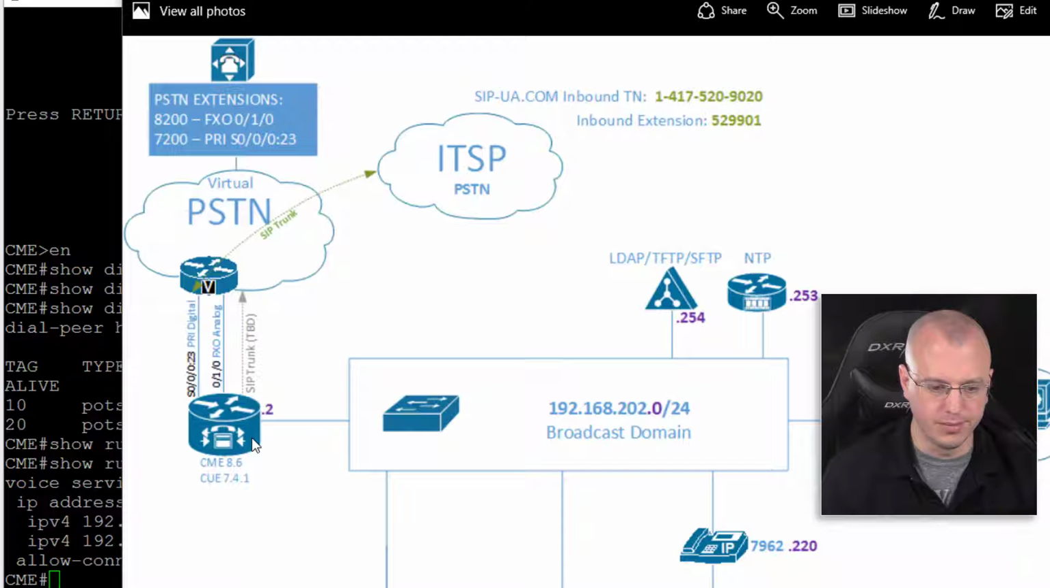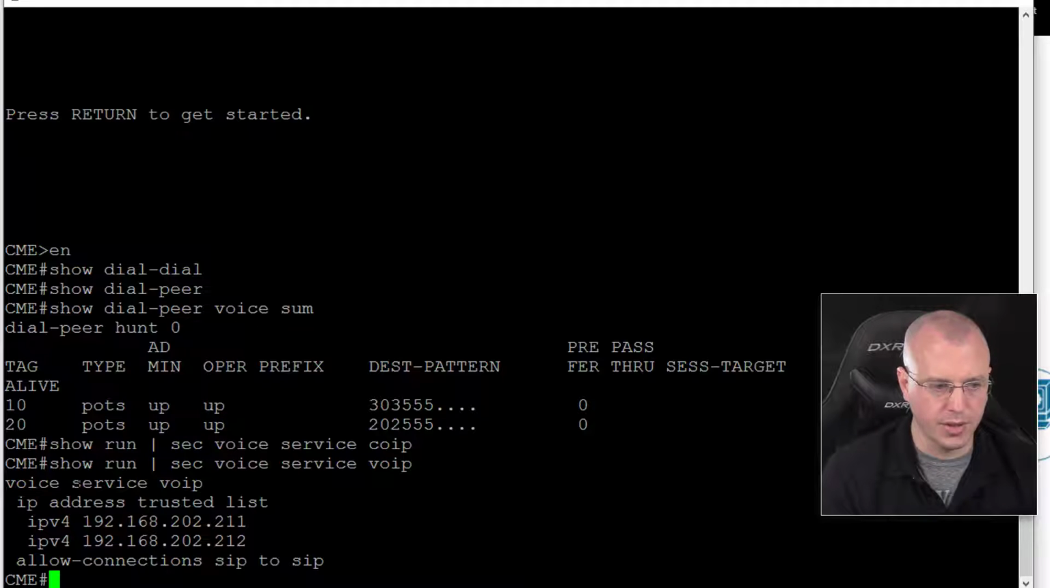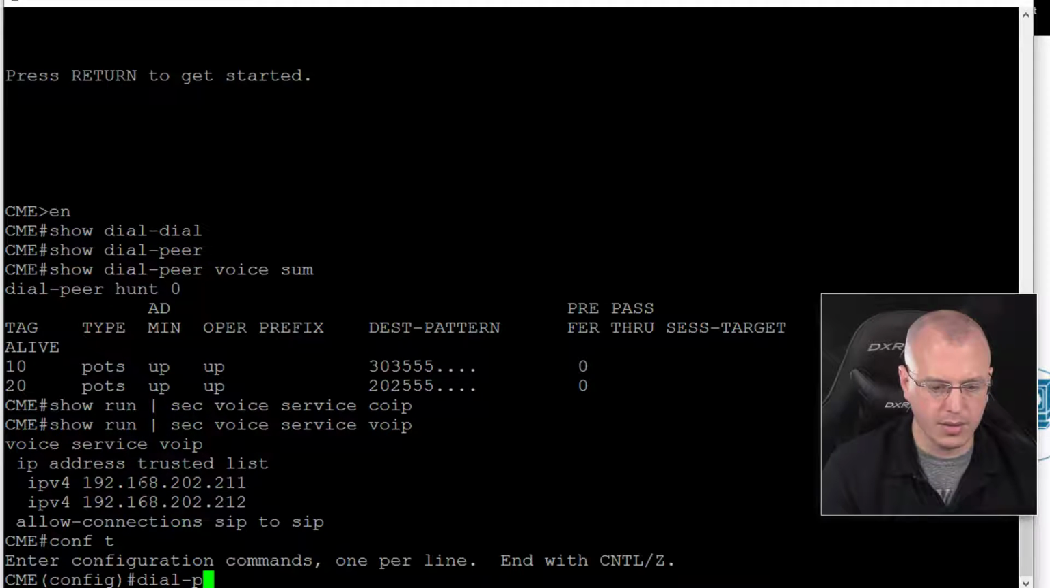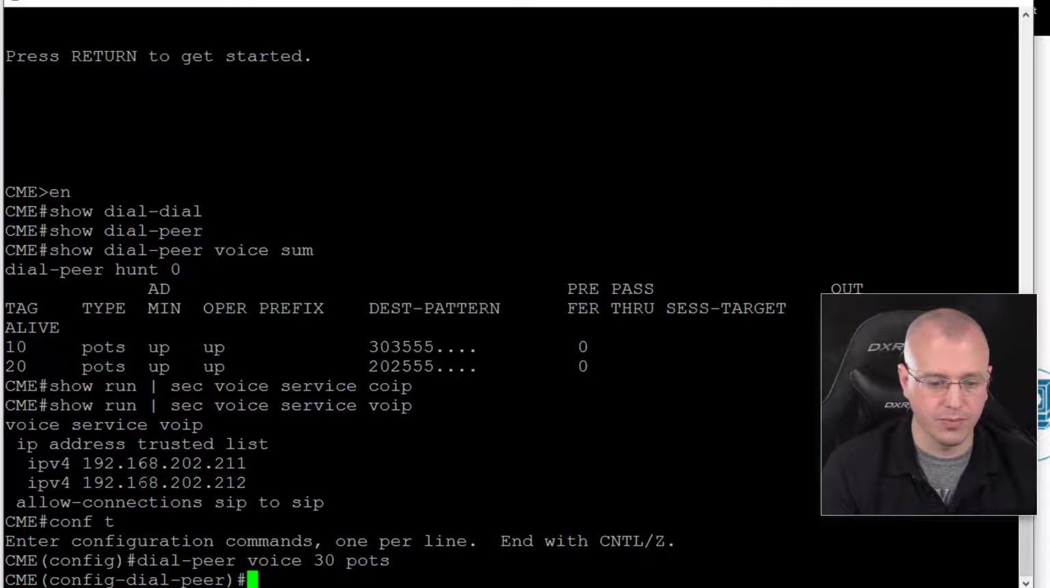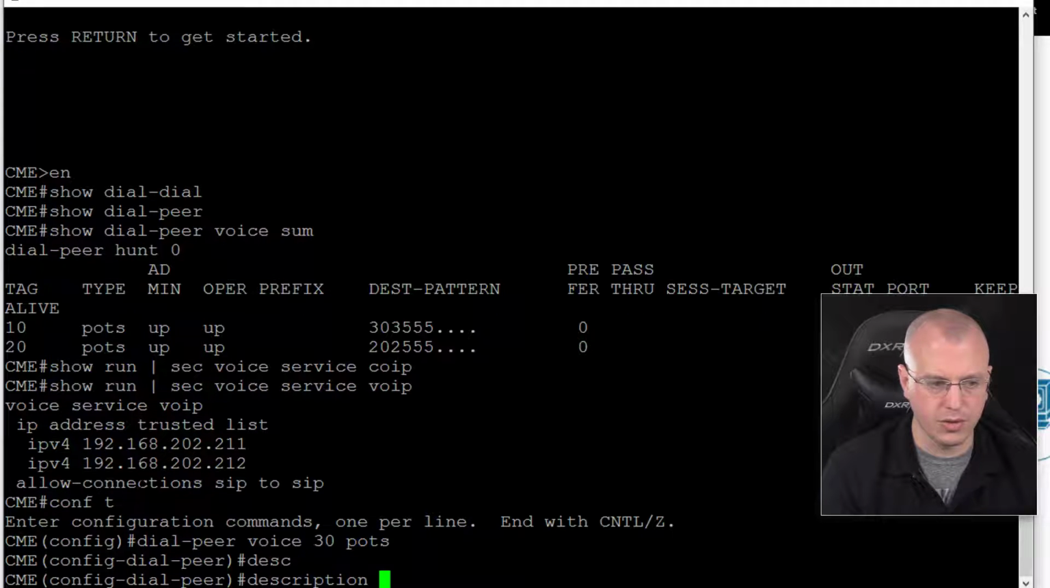That's our leg 1. Now it's going to come in with the 9 and 10 digits, and we want it to go out the PRI interface. So what we can do is create a dial peer for that. So so far we've got the tags 10 and 20, so let's go to config t, say dial-peer voice 30, and this is going to be pots, because we're going to be using that interface. And in this case we'll give it a description of PRI to SIP T,